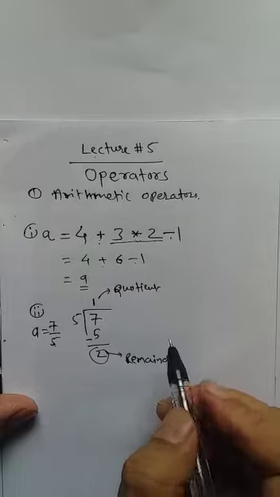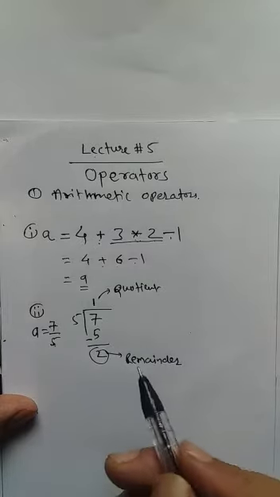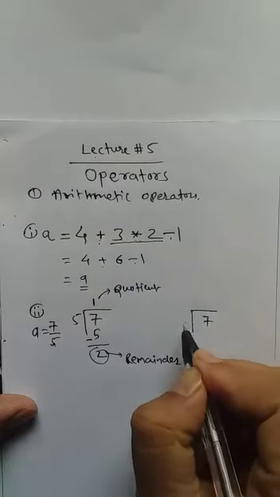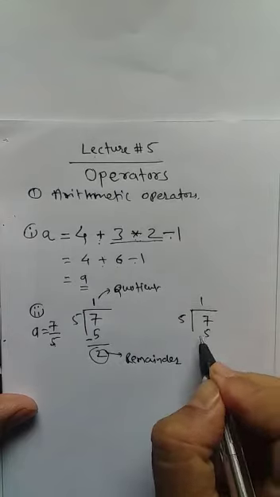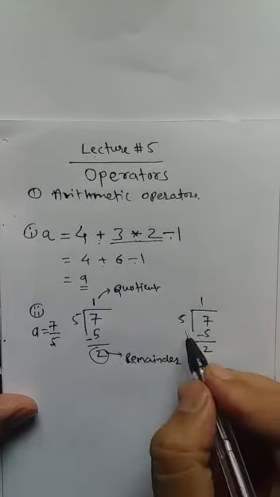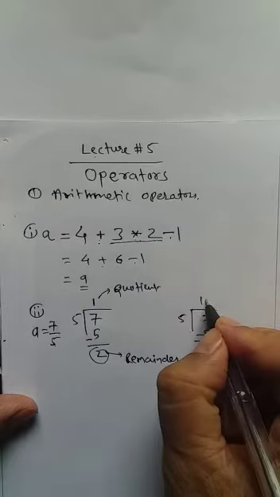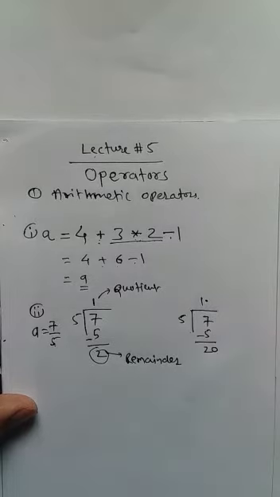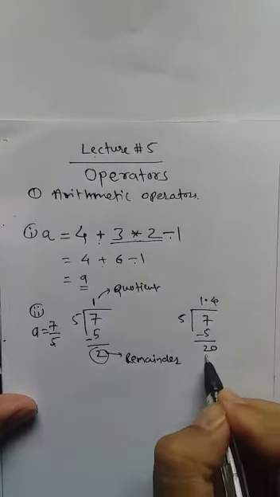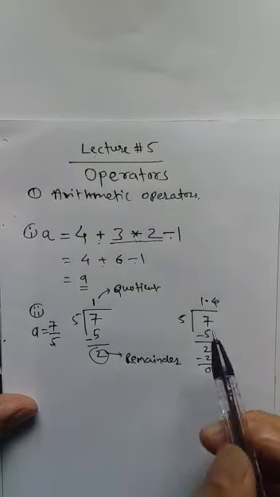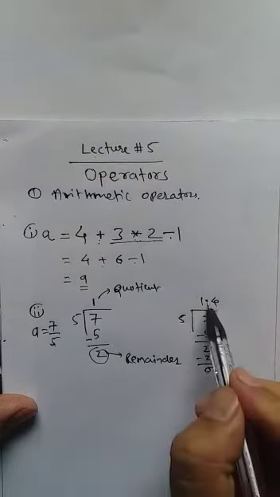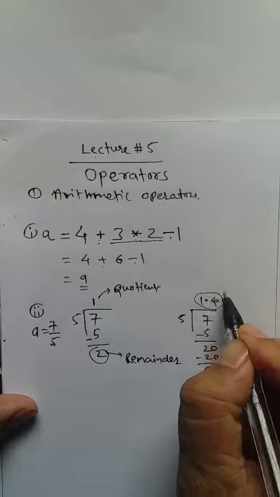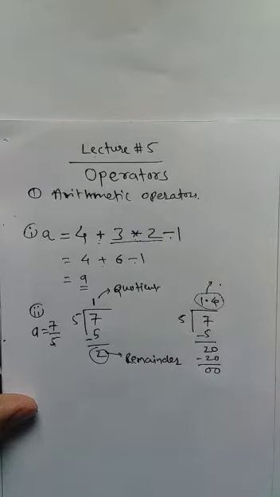Now, the same operation, if we are allowed to get the answer in decimal, how will we perform it? 7 divided by 5. So 5 ones are 5. What is left? 2. Now we cannot divide this 2 by 5, so we put a decimal point. Once you put the decimal point, you can add a 0 here. So 5 fours are 20. So the remainder is 0. To get the answer in decimal, perform the operation until you get two digits after the decimal point. So 1.4 is your answer. This is our answer or result.